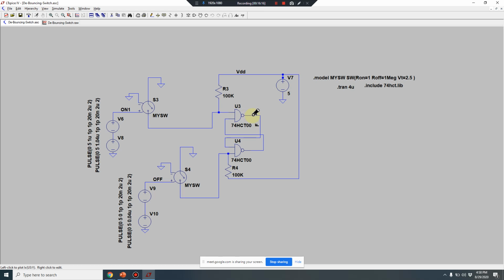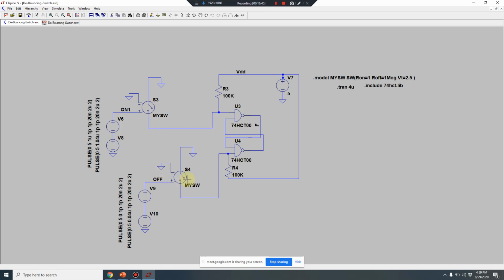Anybody? Okay. So this is one stable condition. Now, suppose I am switching on this mechanical switch. The moment I do, this will make contact 2 or 3 times because it is a mechanical switch, so this output might flicker 2 or 3 times. It should not flicker. So we'll see how this circuit will not flicker and it will remain stable.